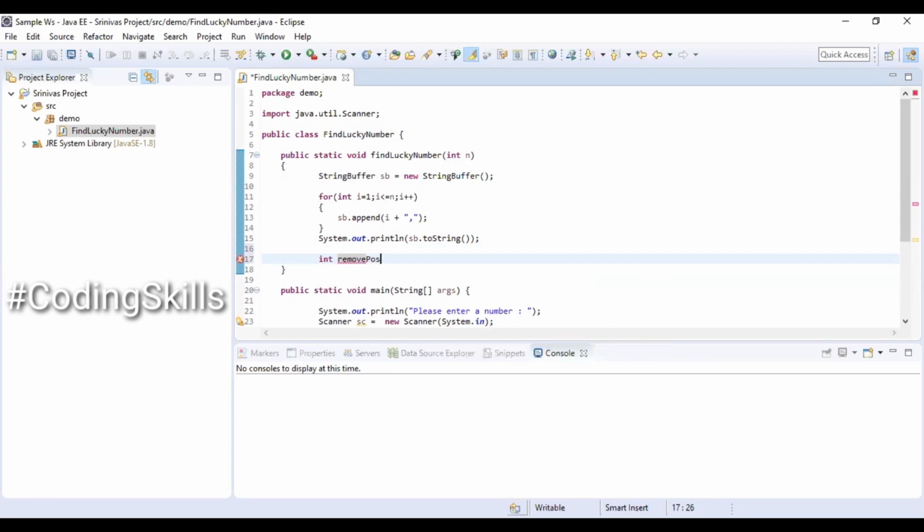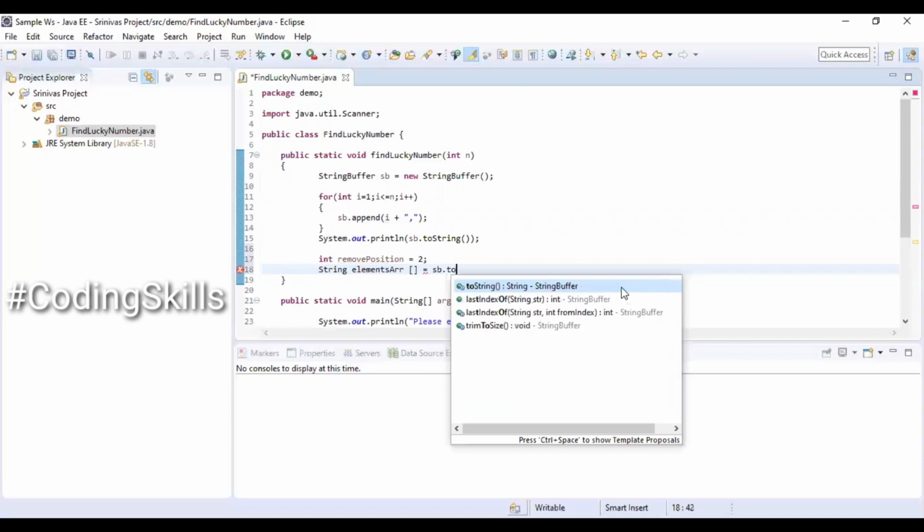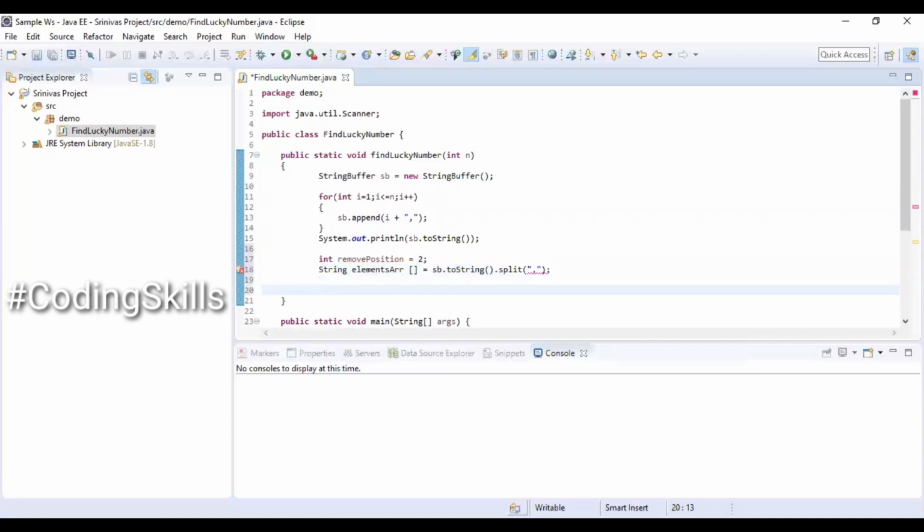Declaring an integer variable removePosition equal to 2. String elements array equal to sb.toString().split. As we have added a comma separator, we are splitting the string with a comma, so we'll get a string array out of it.